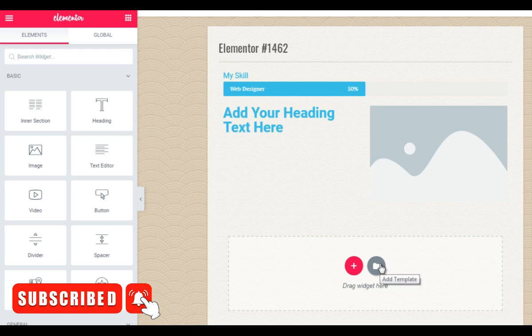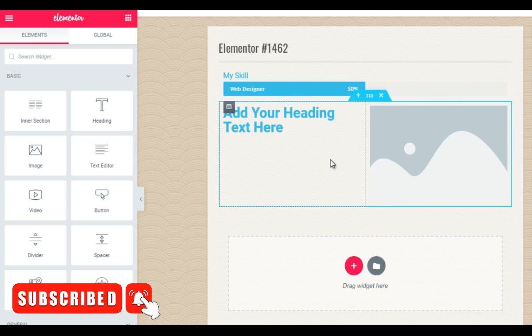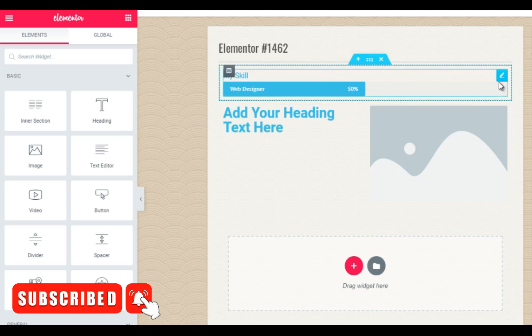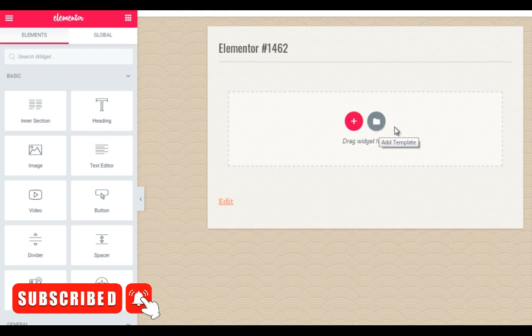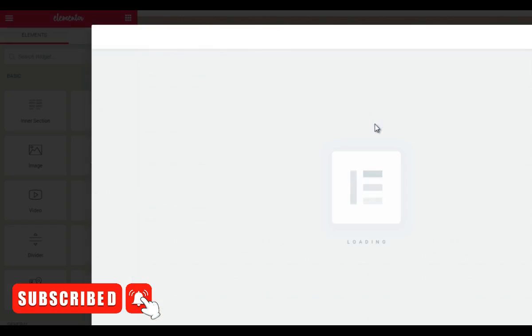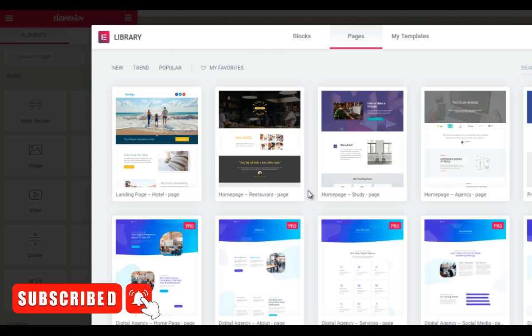Now, let's say, for example, that you want to utilize one of their templates. If that's the case, I'm just going to delete these here like that. I'm going to click on this folder here. What it's going to do is allow you to enter their library of templates. So you can see which ones are free and which ones are on the pro level. The pro level has this little icon that says pro. You can't use that unless you have the pro level plugin, so you have to purchase it. But I tell you, it's definitely worth it.